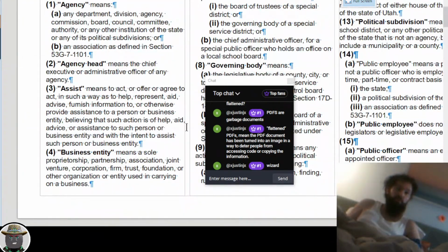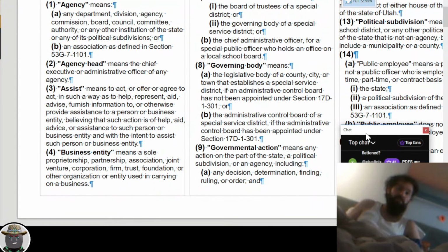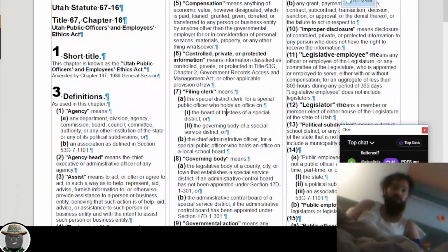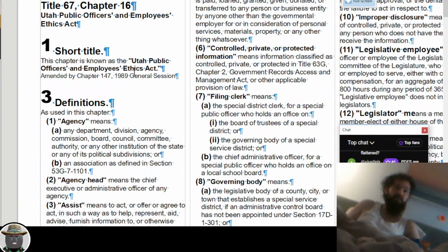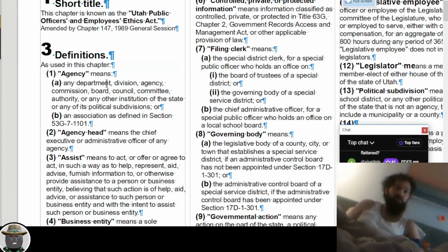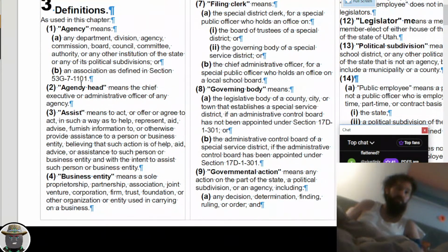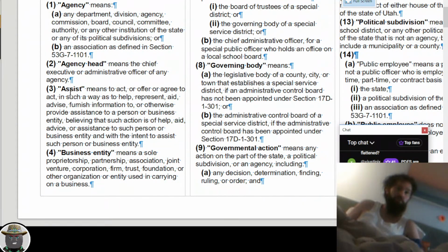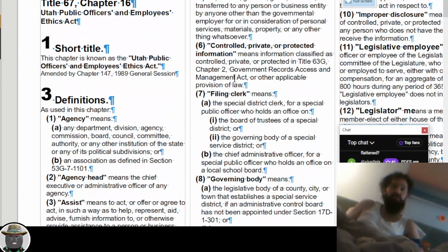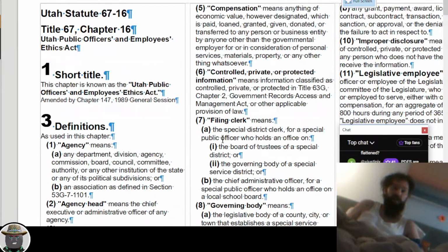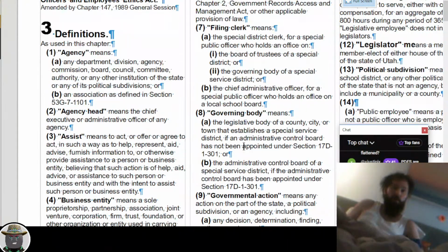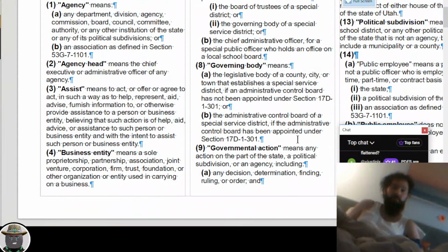Okay, now I'm going to go through and read the document as it is up to this point, and we'll see how much sense we can make of it now. Short title, this is called the Utah Public Officers and Employees Ethics Act. An agency means a department, division, etc. Agency head means the chief executive or such and such. Assist means to act, offer, to agree to act. Business entity, compensation, controlled, private, or protected information, filing clerk, governing body, governmental action,